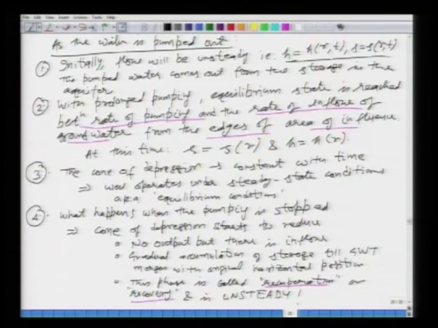So, if you want to find out the changes in the groundwater table, the drawdowns, etc., during the formation of the cone of depression or during recovery, you will have to use the unsteady flow conditions. The last thing we will say is that the recuperation time depends on the aquifer characteristics, obviously.